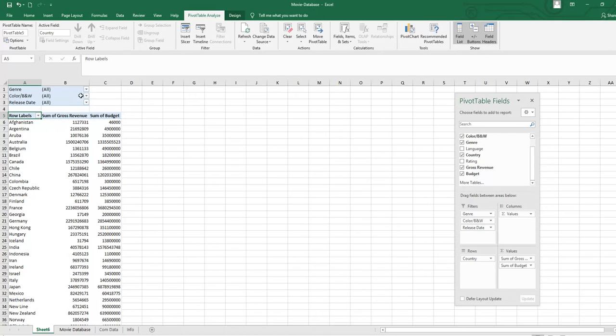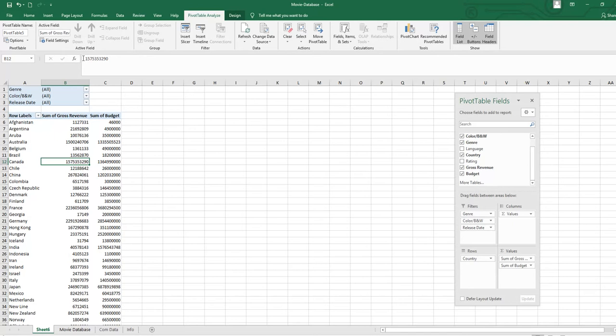See, this is time consuming. If I say open genre, again and again you have to open genre, and here we have, suppose, 20 items. Sometimes we can have 30 items or 100 items or 200. It is time consuming. Even if you write it in the search box, it is time consuming. So in order to save our time, we will insert the slicer. How will we insert the slicer? First of all, you have to click on your pivot table anywhere, here, anywhere.